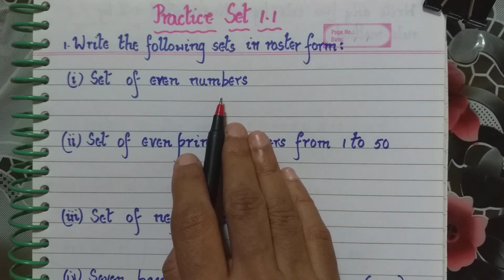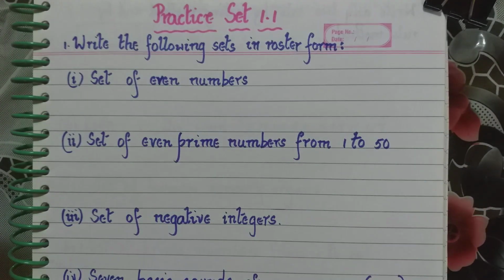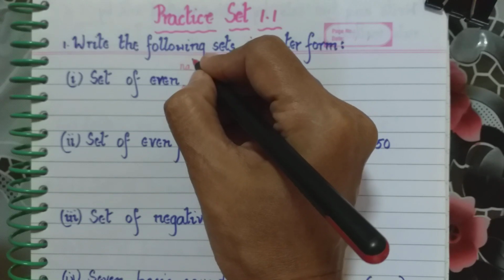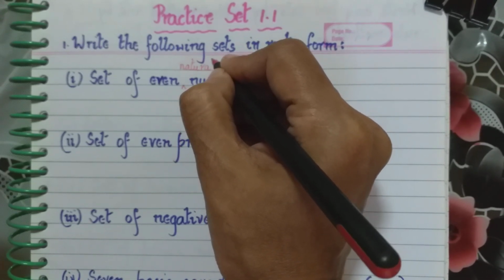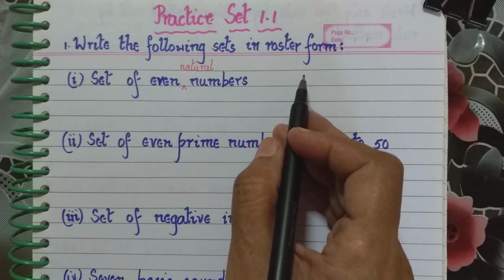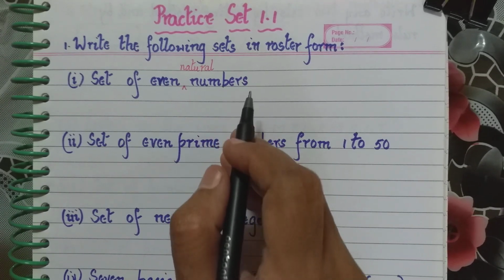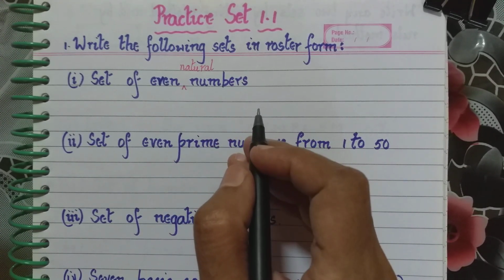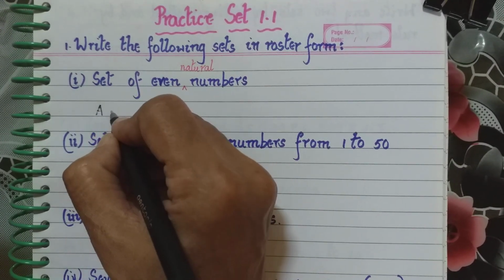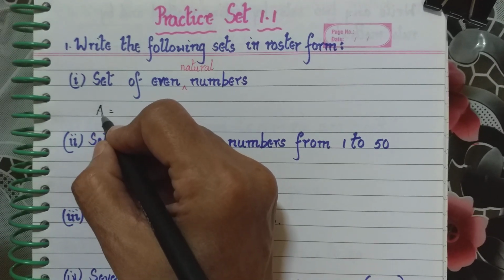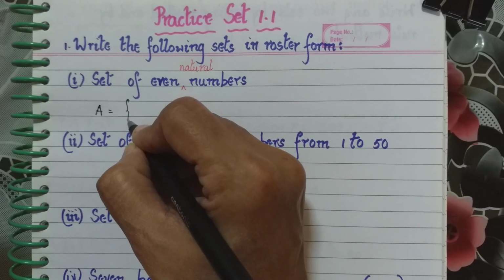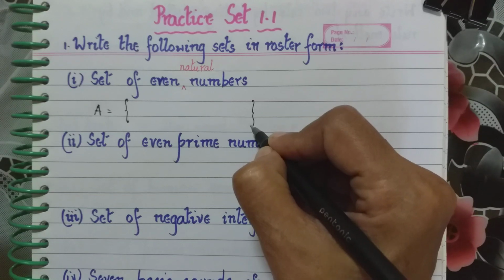Set of, first one is even natural numbers. Let me add this set of even natural numbers. Now, when they say set of even natural numbers, I have to write it in the listing method. If you remember, I have said always we write the set. When we write the set, we have to name the set. So, suppose we start with the letter A itself. So, A is equal to, we know when we write the elements of a set, we have to write it inside curly brackets. So, let me put the curly brackets first.